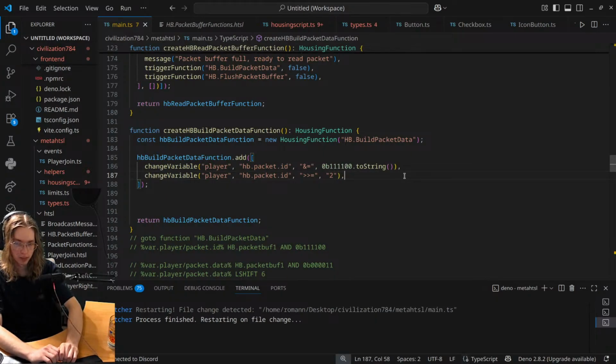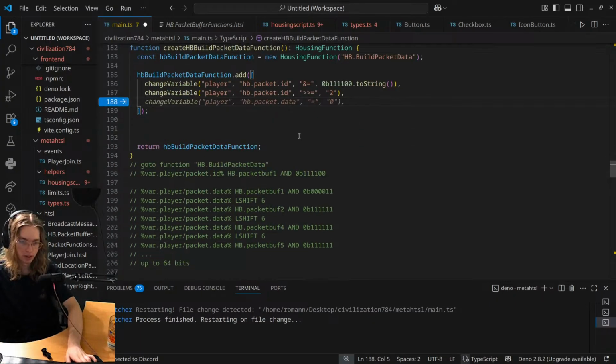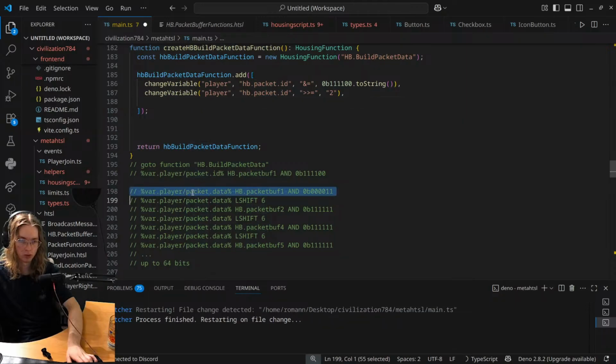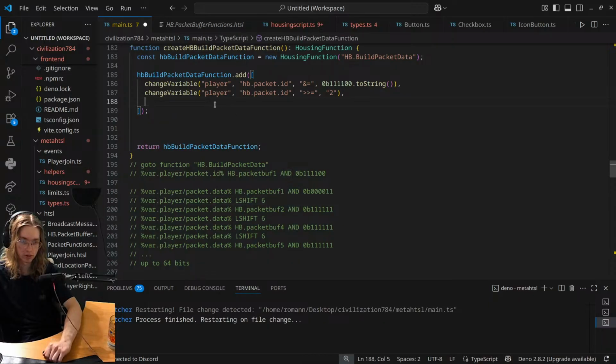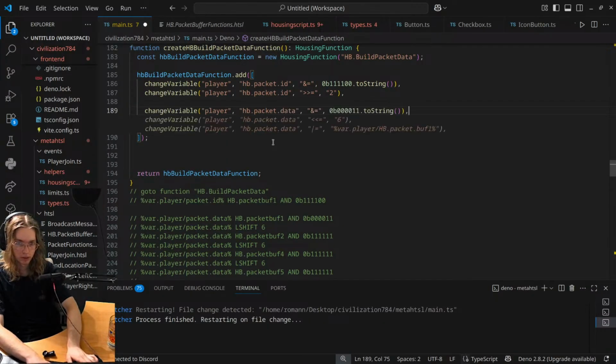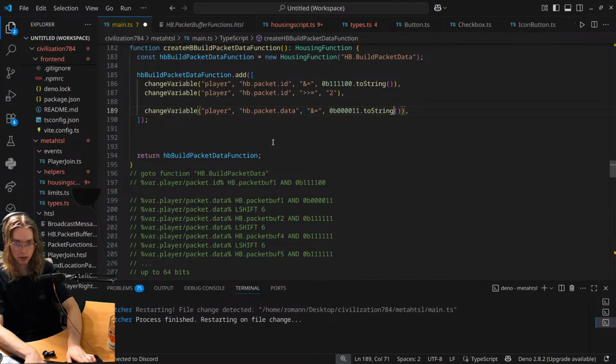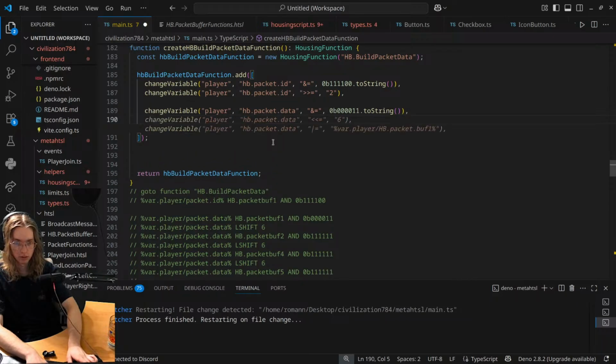Okay. Now what's next? Now we move on to here, where we begin writing the packet data by doing AND operations and left shifts. So let's do that. HB packet data, good, left shift, HB packet data,